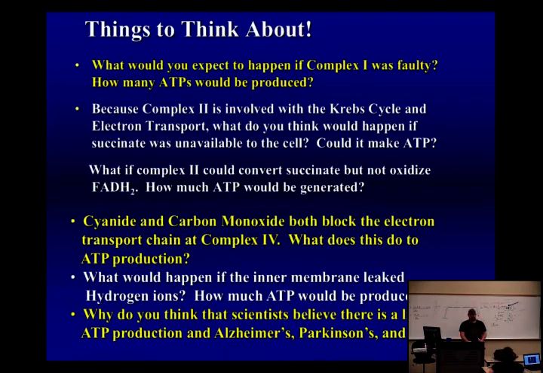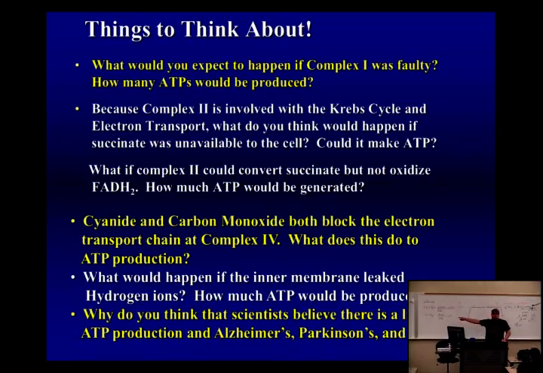I'm sorry, what is it? Where's that 13 come from? So that's the value that was calculated from inside the cell. For some reason, inside the cell, you can get 13 kilocalories per mole from ATP, but in the lab, what we can measure is 7.3. So there's something weird going on that causes it to be more efficient in the cell than outside of it. And nobody knows why. But it happens, and I promise you, whoever figures that out will win a Nobel Prize. Guaranteed.